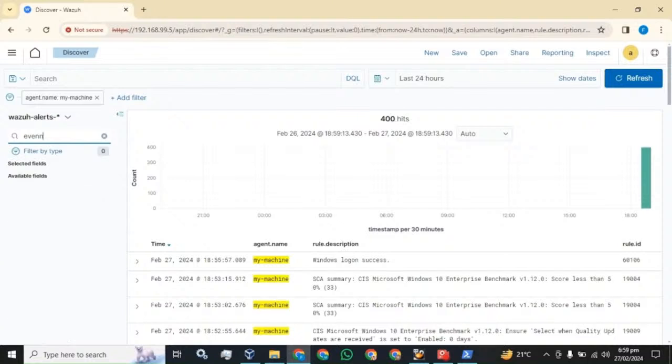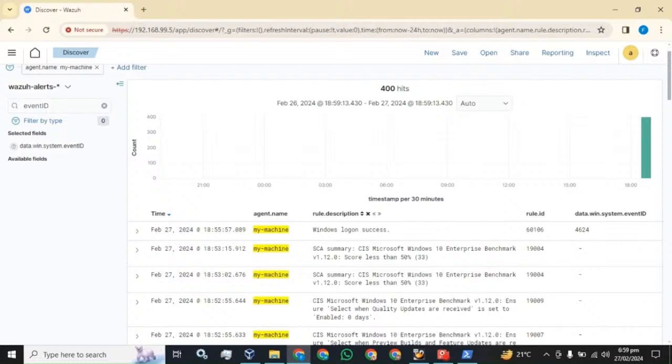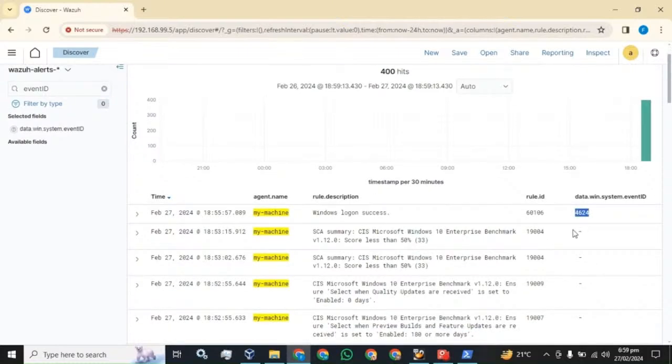Okay, let's check. Yeah, that's the event ID. It's a pair. This is the event ID you have to add every time. If I do not want to receive these logs on my Wazuh server, because it's not that important, and I just want to monitor critical, disaster-based or high value logs,